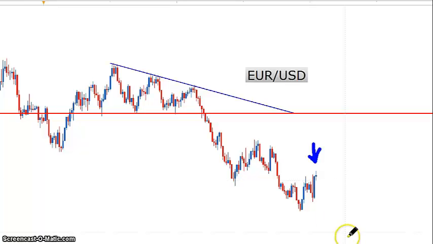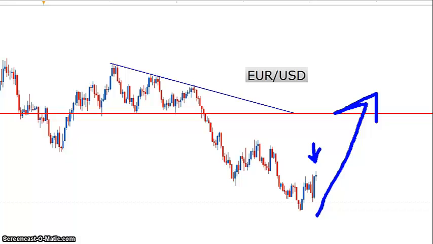Okay, so you don't want to short it while it's bouncing and it's actually going to rally all the way up to much higher highs, because then you find yourself in a pretty ugly losing trade. So I still think that the euro dollar is overall a very bearish currency pair, but there's been a lot of reports of some euro recovery. So got to keep your eye on that and just be patient with it, and don't take an entry just because there's a bounce, because that's going to get you into trouble.